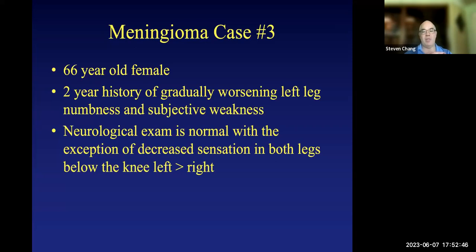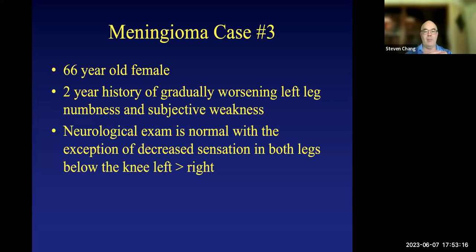She reports subjective weakness, which basically means that she feels she's weak, but it's not clear that you can pick it up on testing. Her neurologic exam is normal, so that's why the weakness is subjective. When you test her, she's got full strength, even though she feels weak, but she does have decreased sensation in both legs below the knee, left greater than right. So before we go to the films,